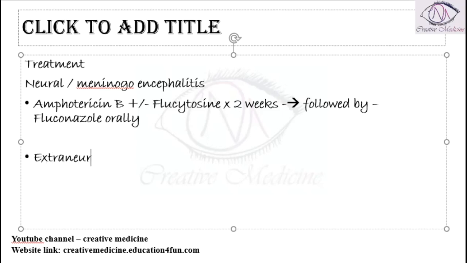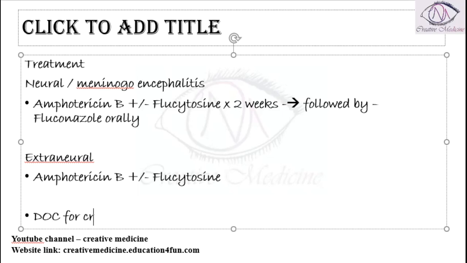Then we have extraneural meningoencephalitis. In extraneural meningoencephalitis, amphotericin B is given plus or minus flucytosine. Amphotericin B plus or minus flucytosine is given for extraneural meningitis. Okay. So overall, if you were asked what is the drug of